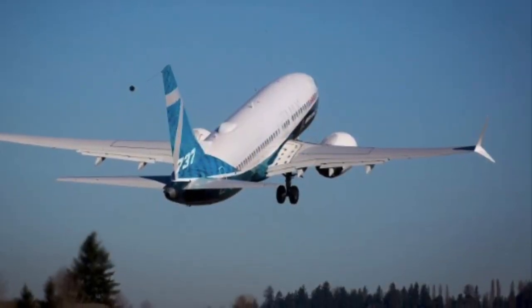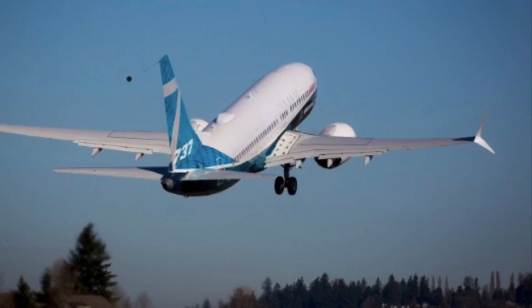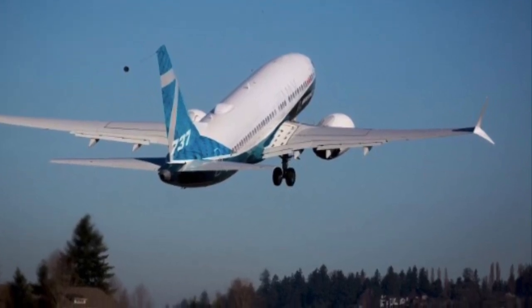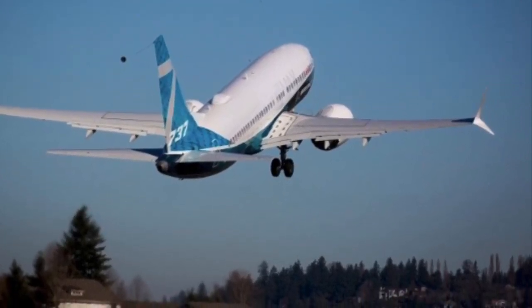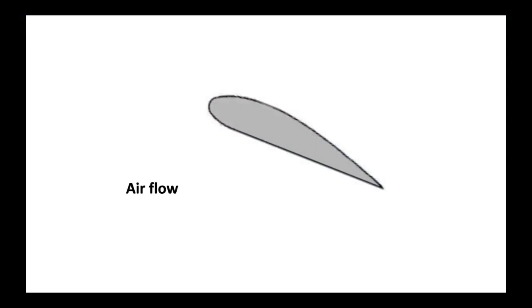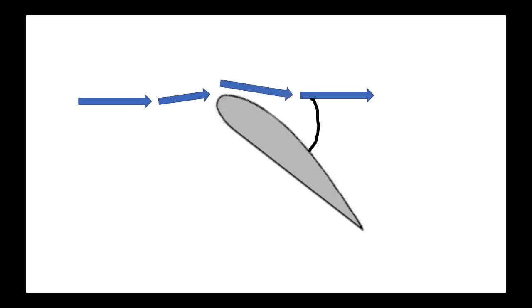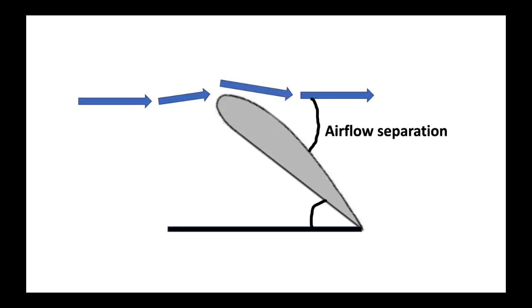A higher lift can be attained in two ways, one by increasing the speed and the other by increasing the angle of attack. The angle of attack is the angle between the wing and the direction of airflow. If the angle of attack is increased to a greater angle, then the air traveling above the wing separates and creates a condition called stall, where the aeroplane loses lift and starts to fall out of the sky.